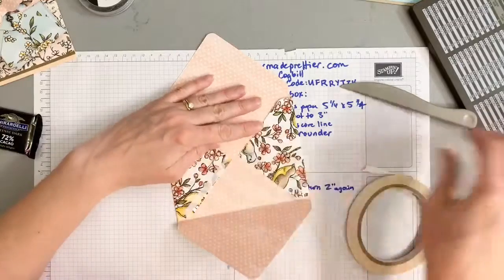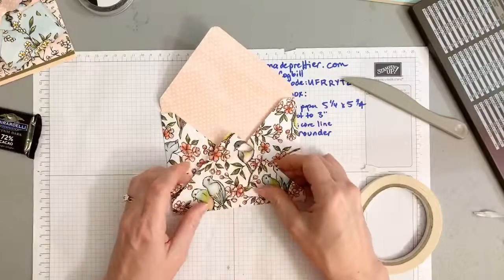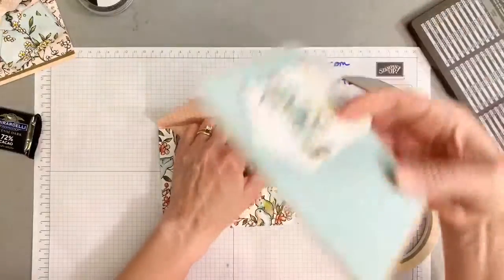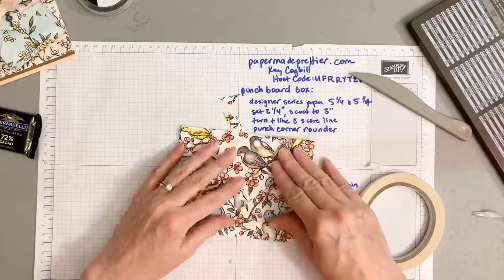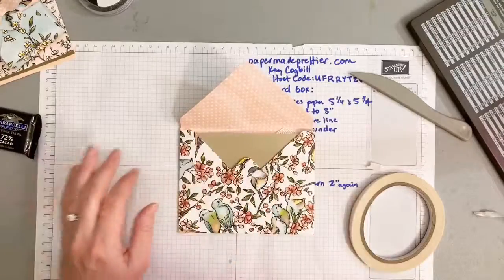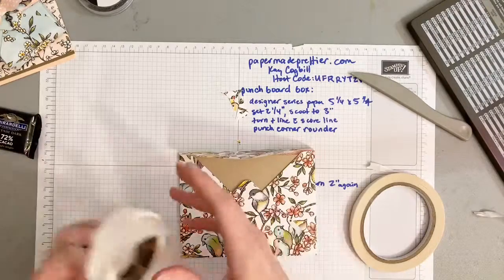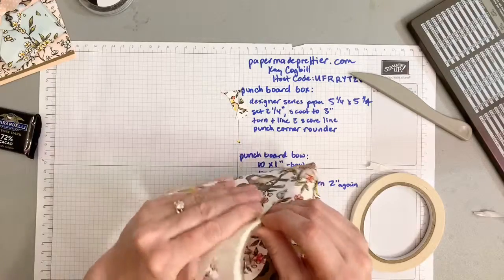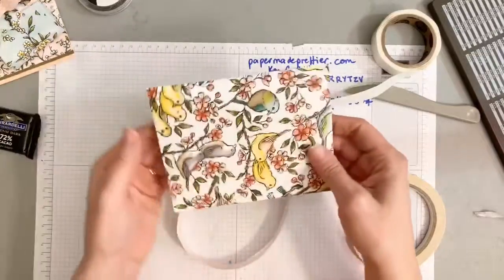So you're just going to take off your tear and tape and lay that down, just like so. And then you're going to stick your card in. And once your card is in, if you know you're not sticking anything else in there, then you can put tear and tape here and really shut that sucker down. But since I may want to get this card out to show this again, I'm just going to simply use a glue dot to stick that down. But I wouldn't mail it that way because it needs to be pretty